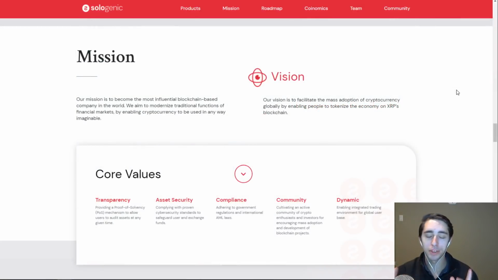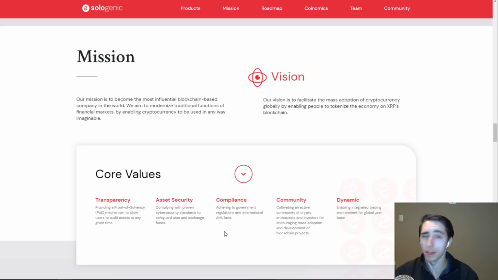Now, the other thing that I think is really fascinating is the mission behind Sologenic. I think Bob, as well as many of the team, have come to the conclusion that it's best to pursue this in a decentralized way. But in doing so, we actually get a lot of transparency out of it. So this is one of the key things here, having a proof of solvency, where you could track in real time on the ledger your balance of any given position. A lot of this while having asset security, using industry leading ways of security to make sure that funds are safe and secure throughout the system on Sologenic.